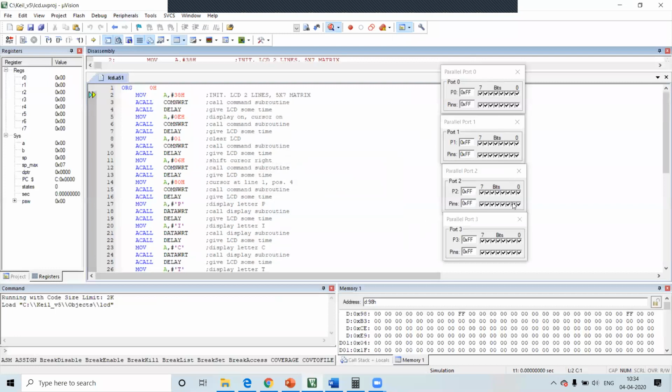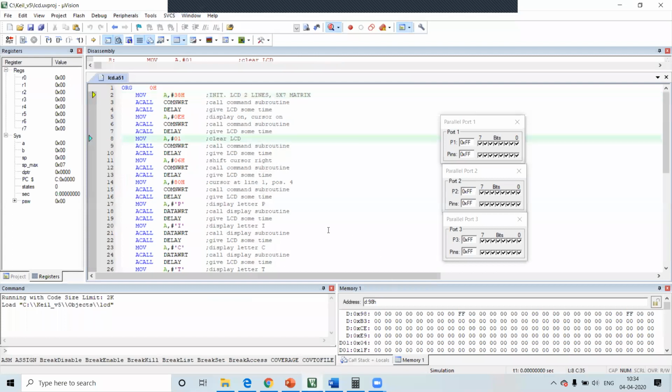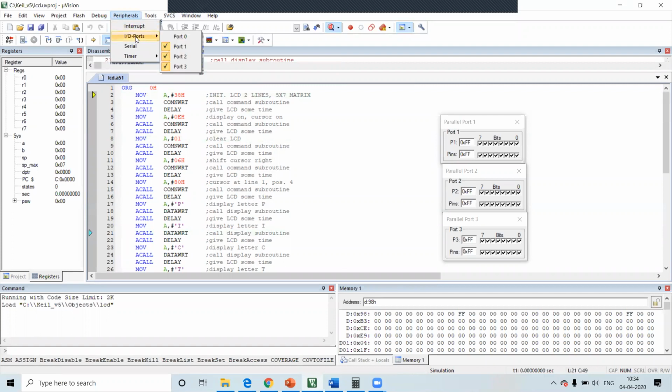Now these are the ports. The ports are available from the peripheral devices. I'll just show you. IO ports. So these 4 ports are available.